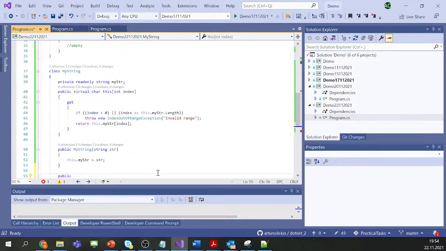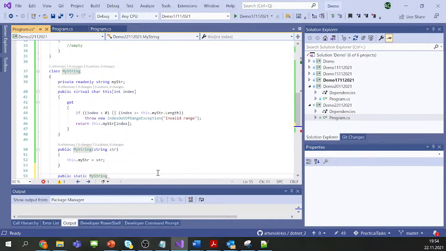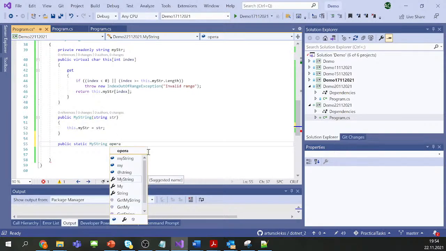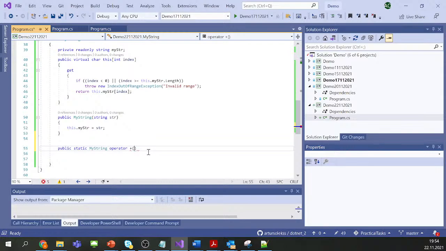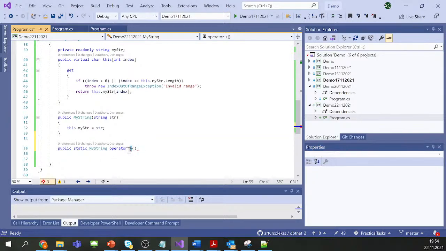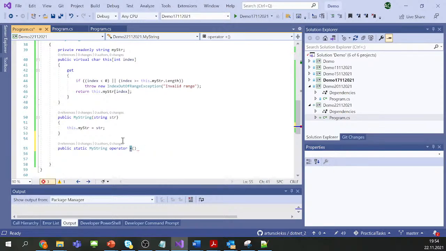So I should write public static, and then the returning type, what should be returned from the concatenation method. So in this case, I overload this plus operator, and